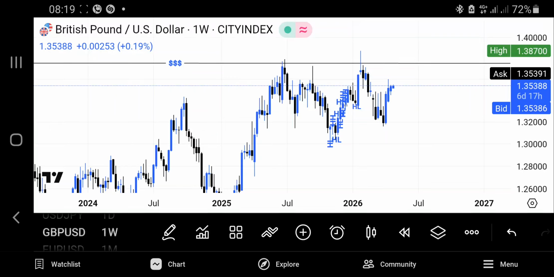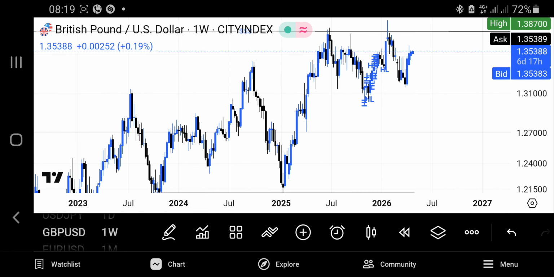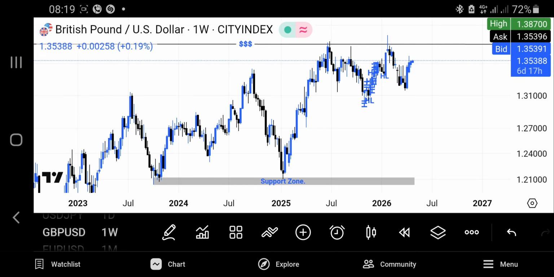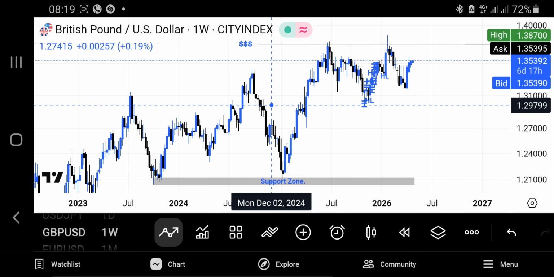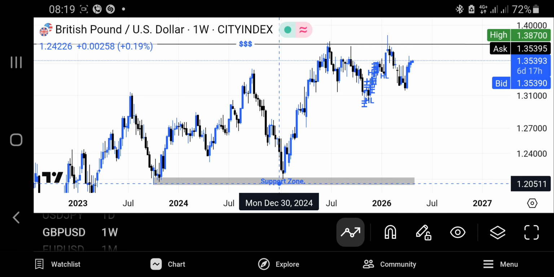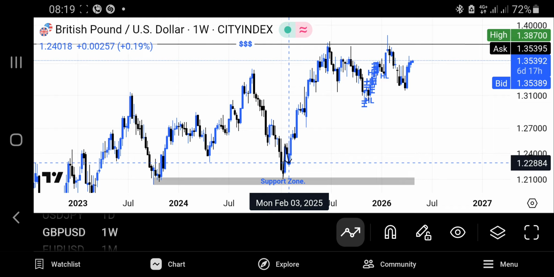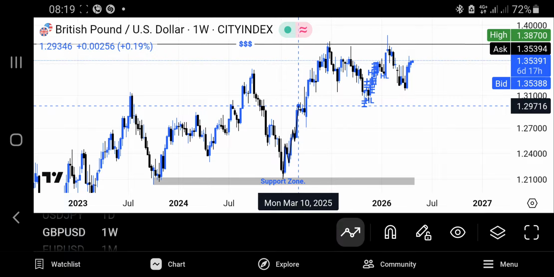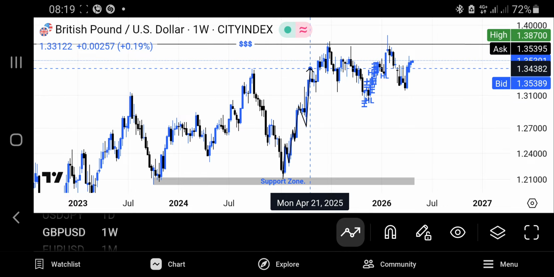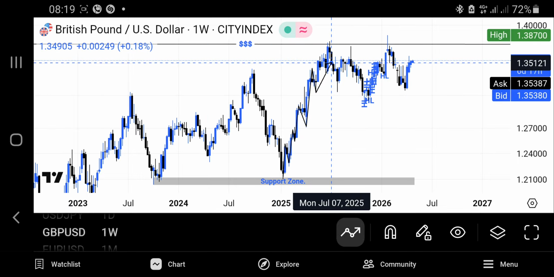So this is the weekly time frame chart for pounds dollar. From my own point of view, last year as of 2025, this is the support zone, and you can see how pounds dollar was bullish, positive move, retracement, positive move, retracement, positive move, and then